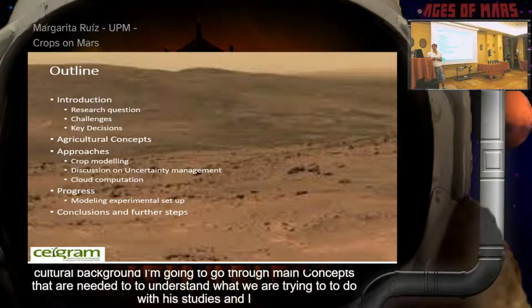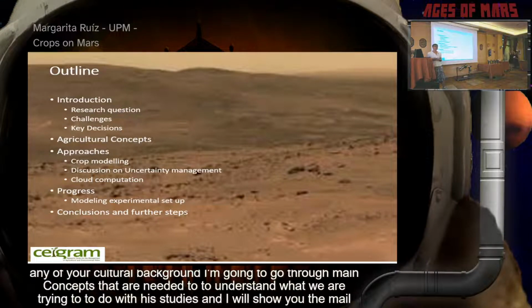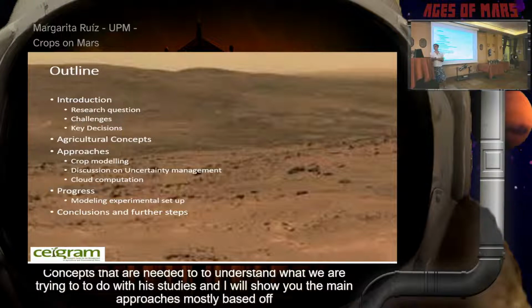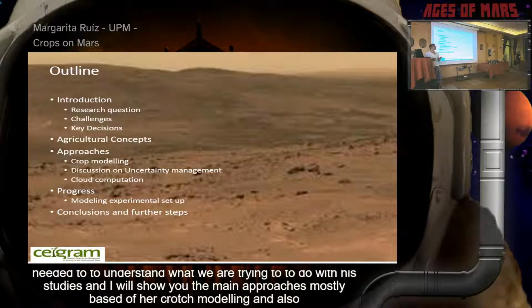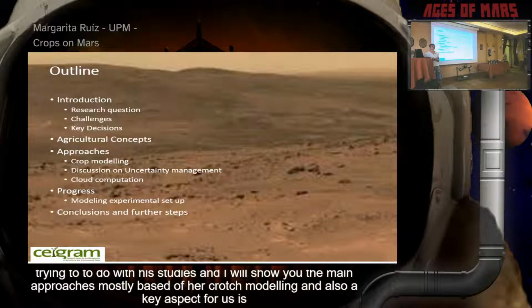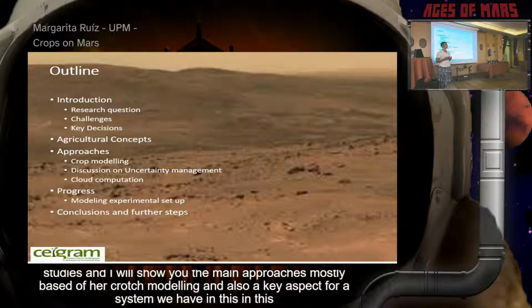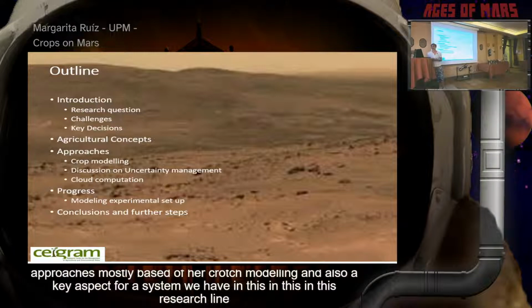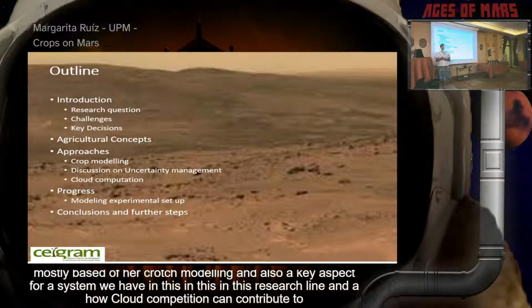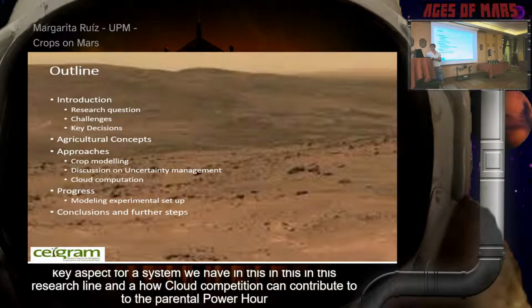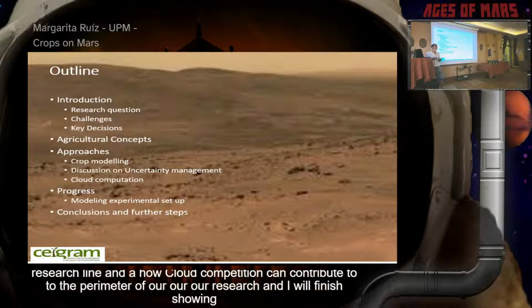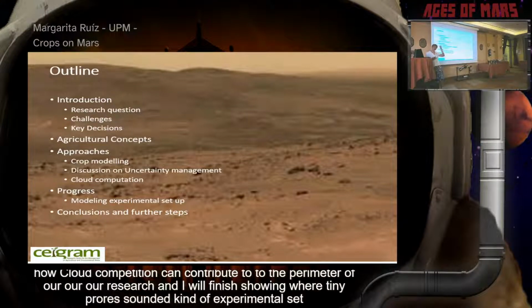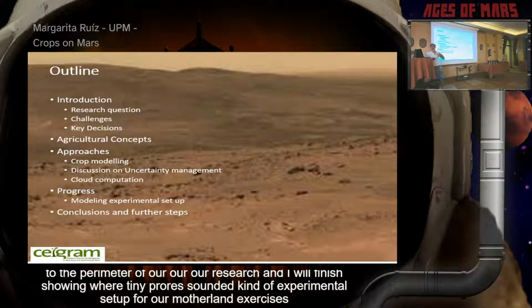And I will show you the main approaches, mostly based off crop modeling, and also a key aspect for us is the management of the huge uncertainty we have in this research line, and how cloud computation can contribute to the progress of our research. And I will finish showing our tiny progress and the kind of experimental setup for our modeling exercises. And I will conclude with